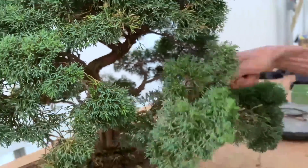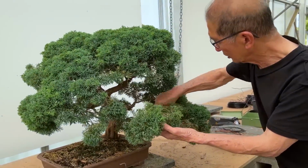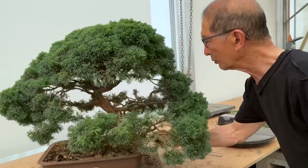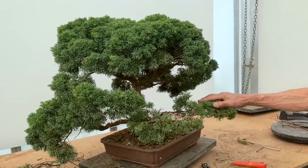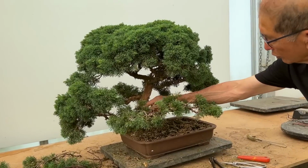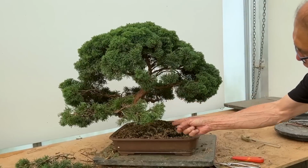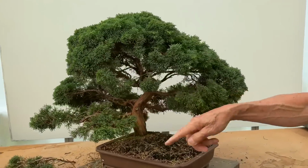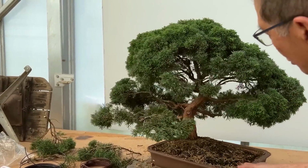So I think this gentleman may have been using the other side as the front, whereas this is a better side. And I'll just remind you what I've done so far. He was looking at this all the time as the front, like that. But I've taken the few small branches out, and this is a possible front. Viewing like this, if you come around this way, you see the S shape like this. This is a possible front. But when I turn the tree round,